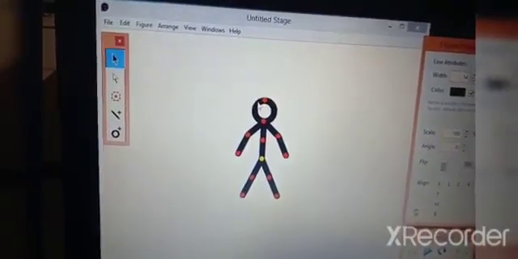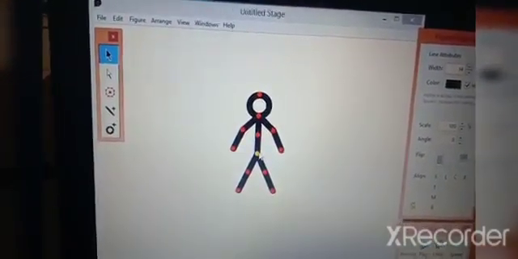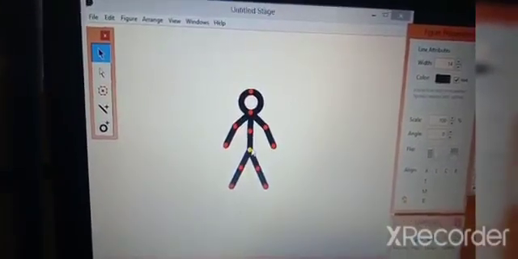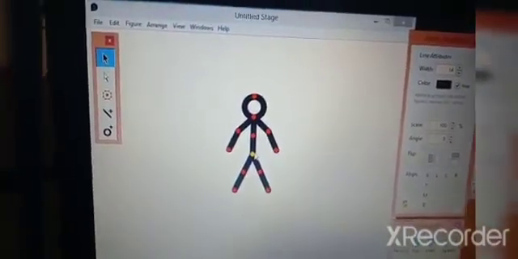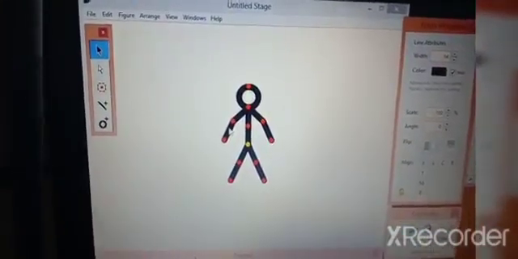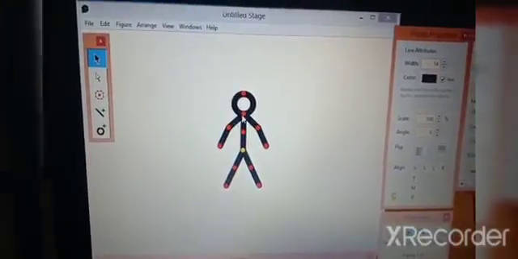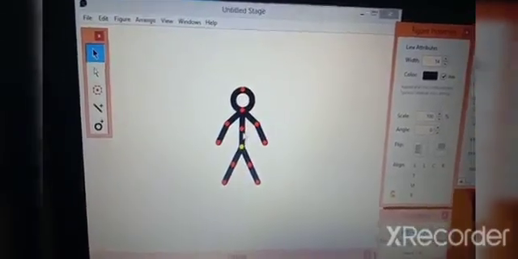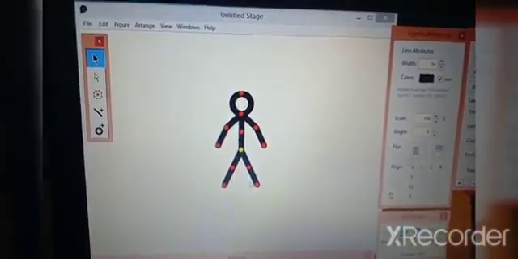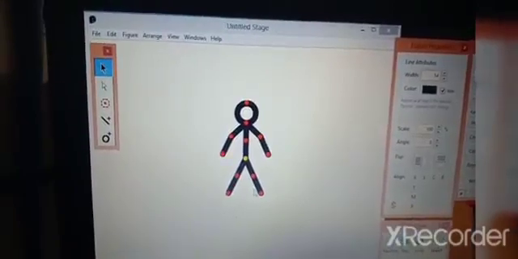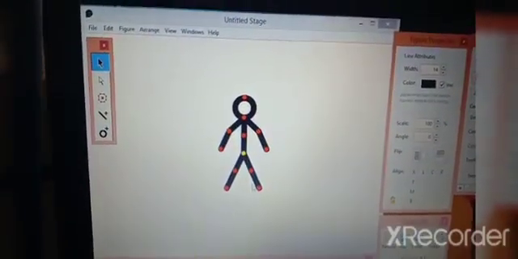And the black lines are called segments. These segments are joined together to make one figure, one stick figure, right children?